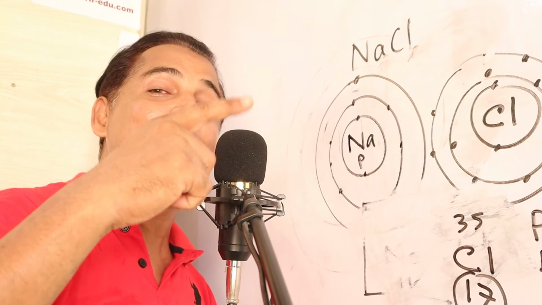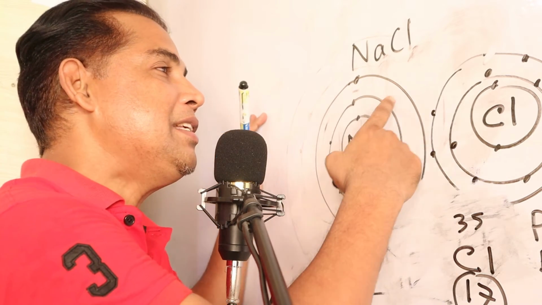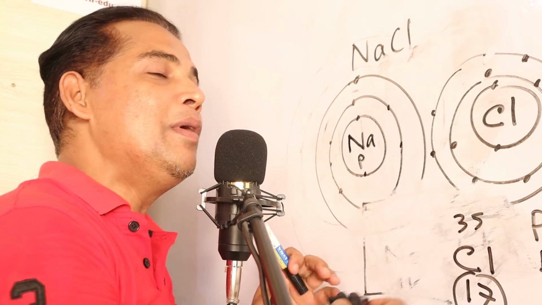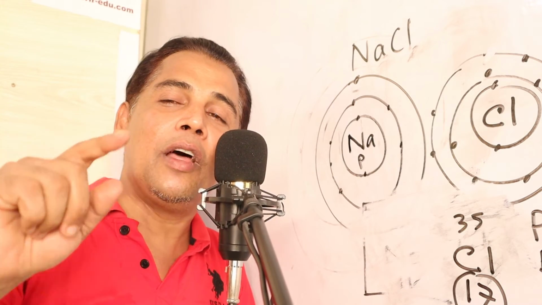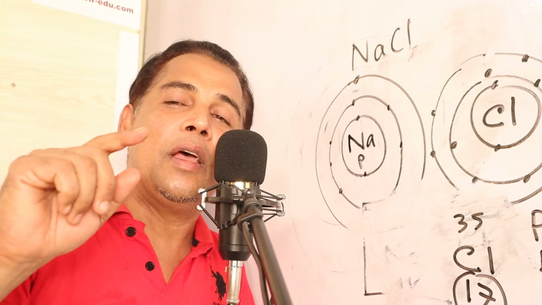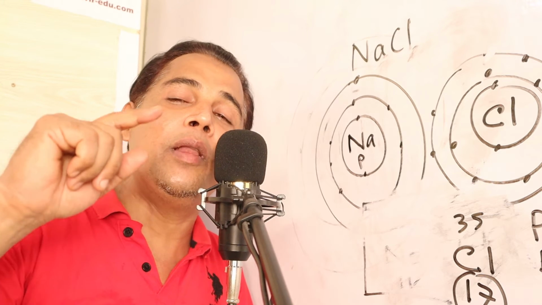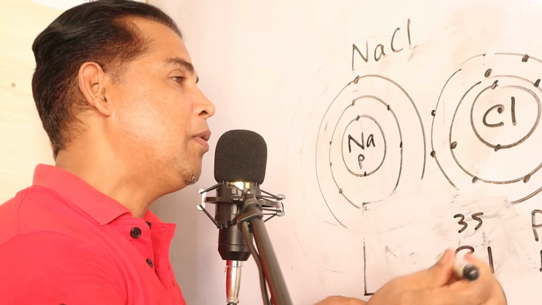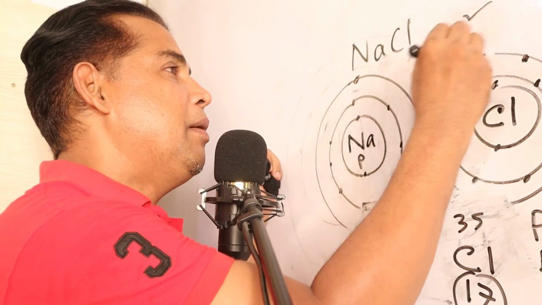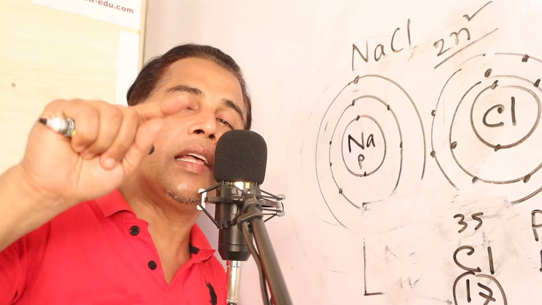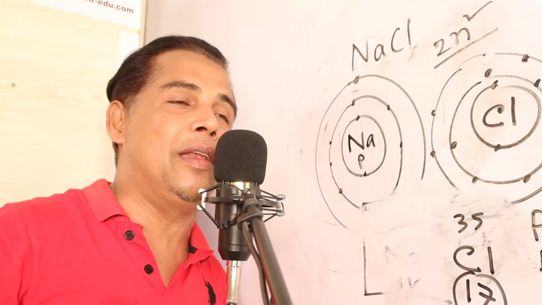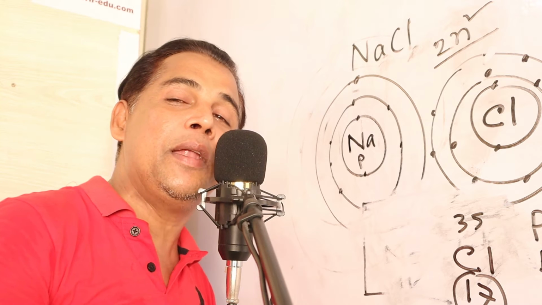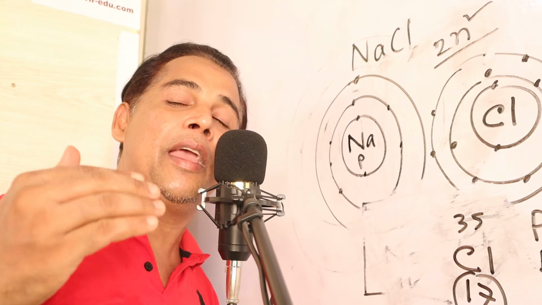But in the real world, chlorine exists. The outer shell of chlorine has a lack of 1. Every outer shell of any atom likes to be an octet, fulfilled, meaning either 2 or 8 or 18. There is a formula 2n squared, but I'm not going there. The outer shell has a mentality of becoming fulfilled. So as the outer shell of chlorine has 7, it has the mentality of becoming 8.